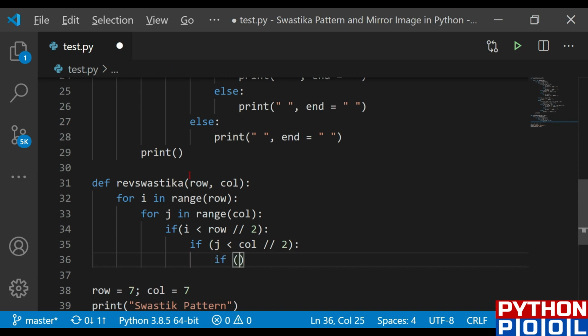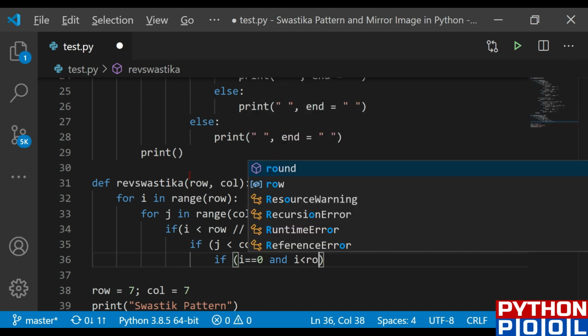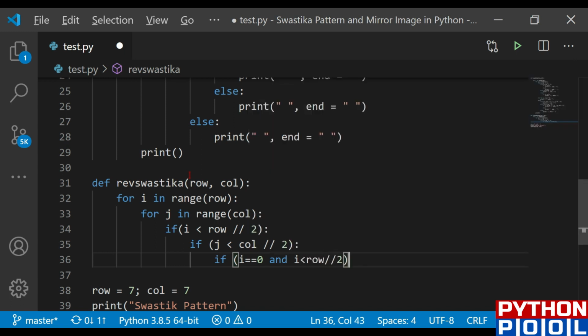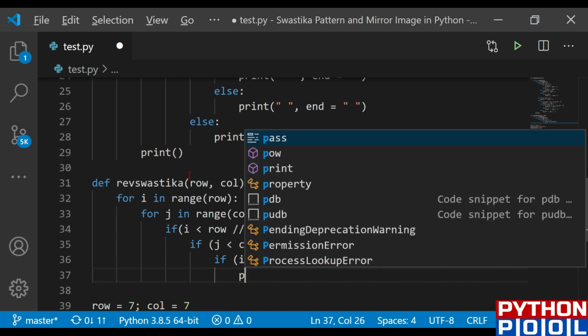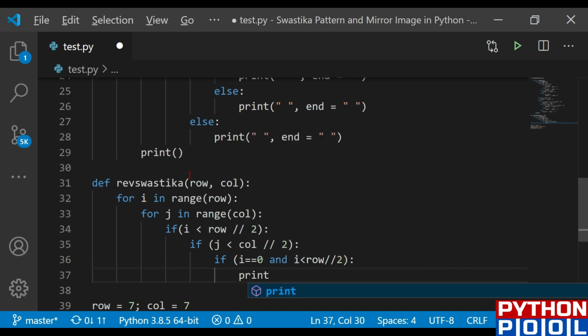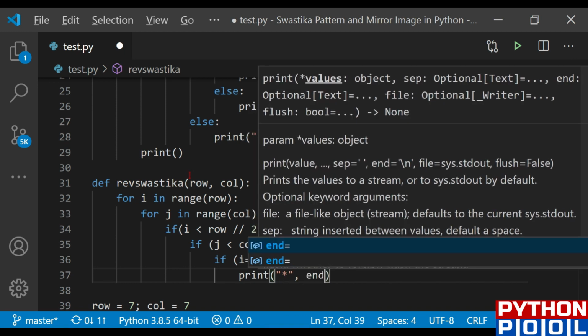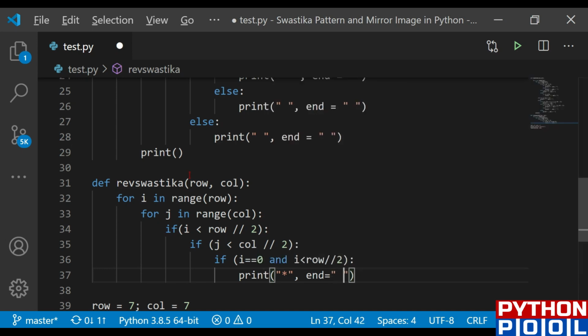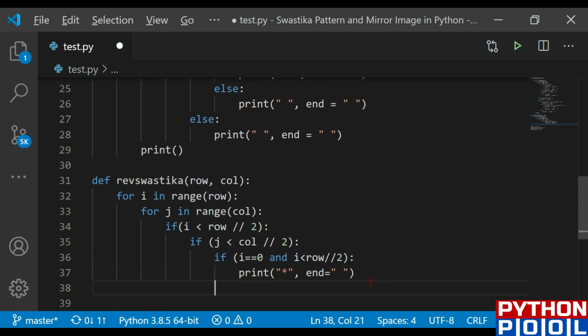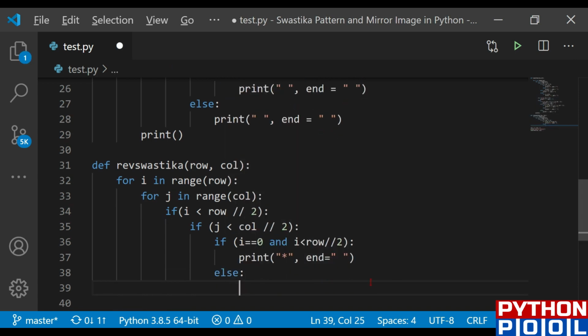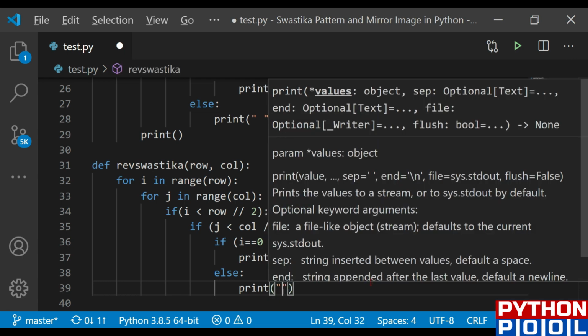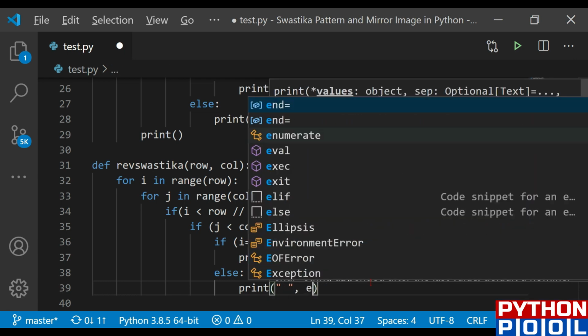And then I'm going to check if my i equals to 0 and my i is less than row by 2. And then I'm just going to print the stars, with the ending as the gap. And then the else condition, else I'm just going to print the empty space, with the ending as the empty space.